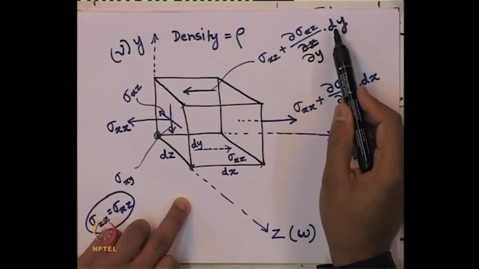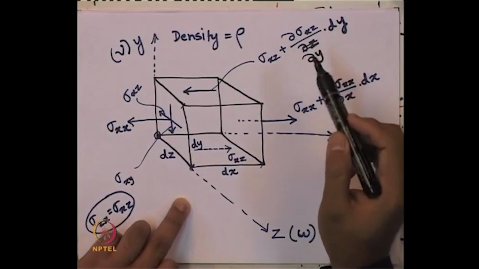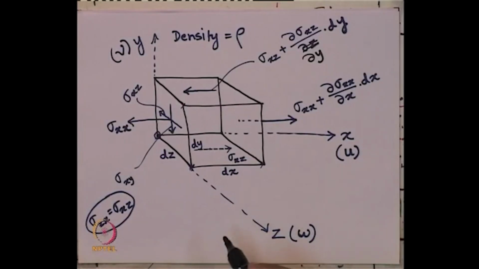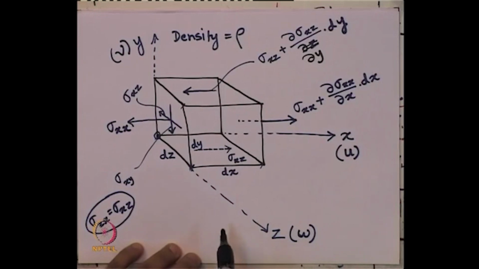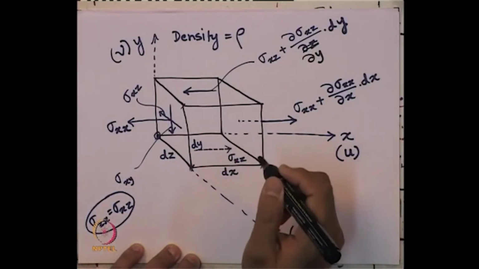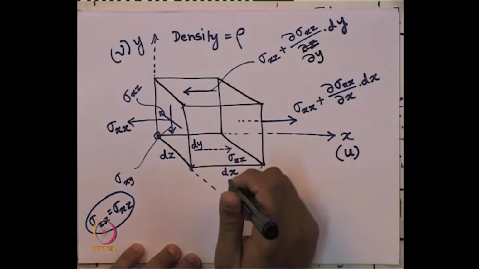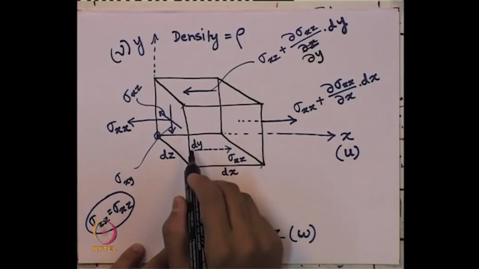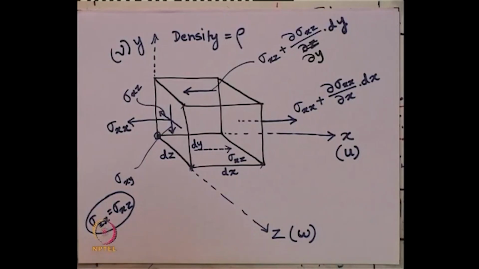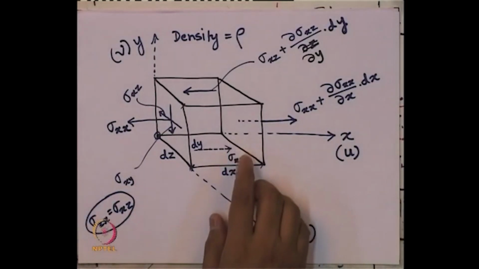Am I right? Now, what will be the other one in x direction? In x direction, if I want to find out one more stress, what should that be? On this plane I have taken, another xy should come. I have sigma xy over here. So, the other face will be